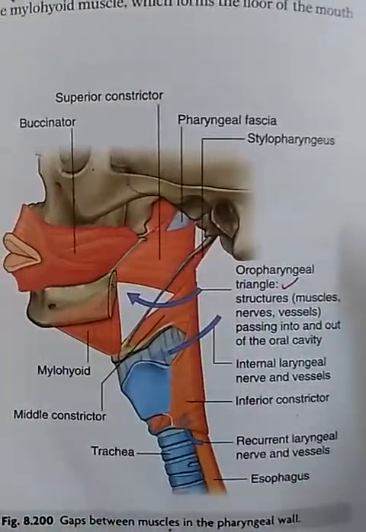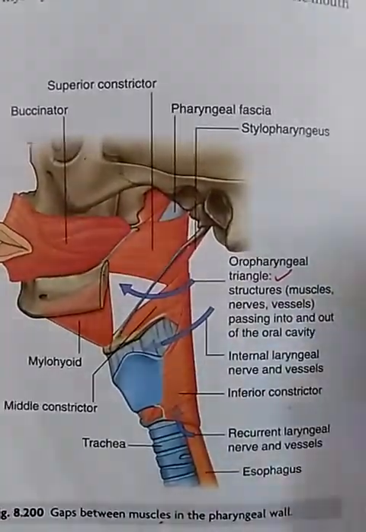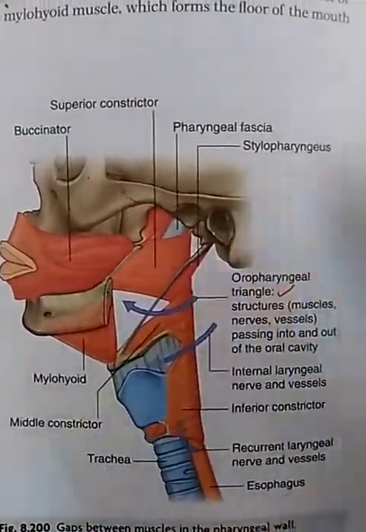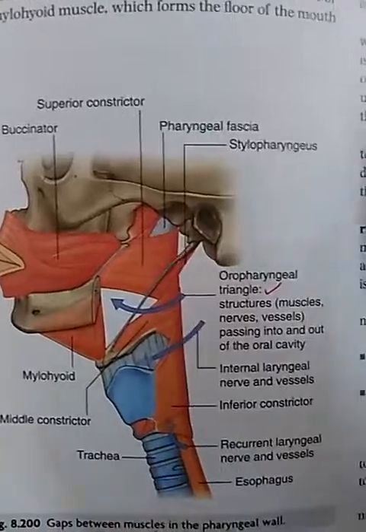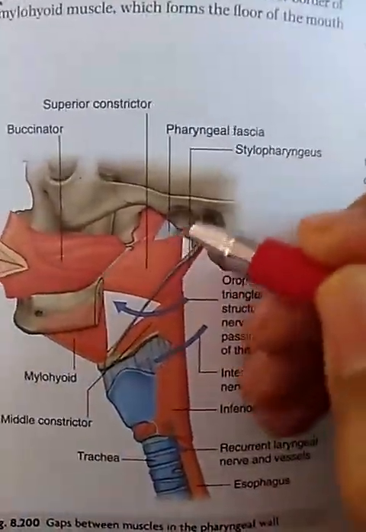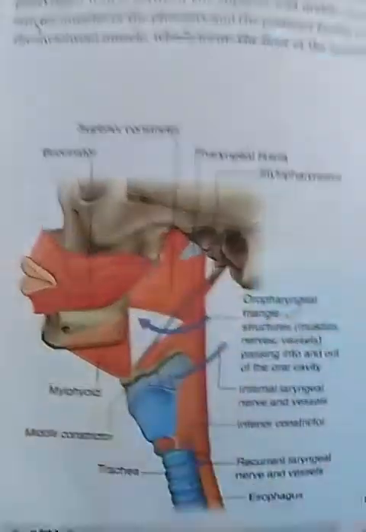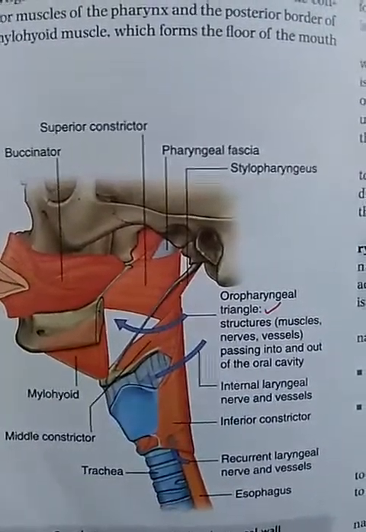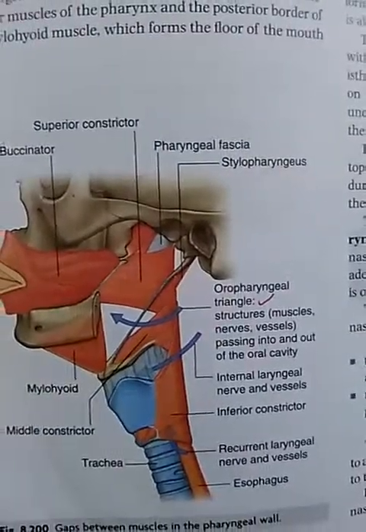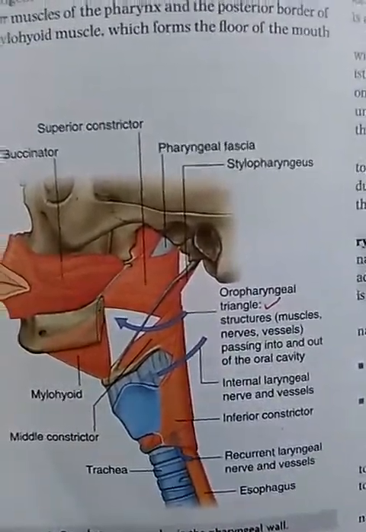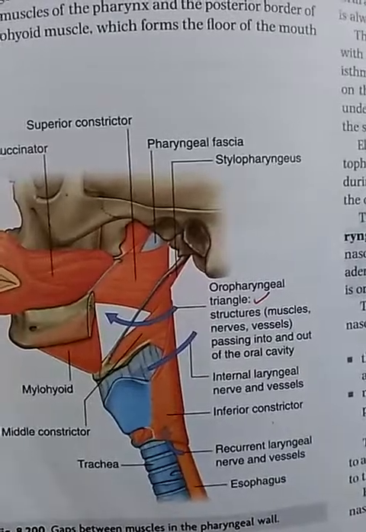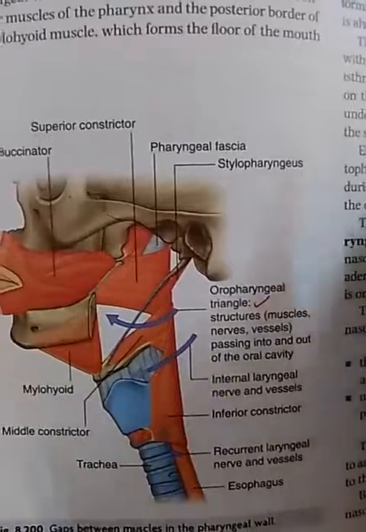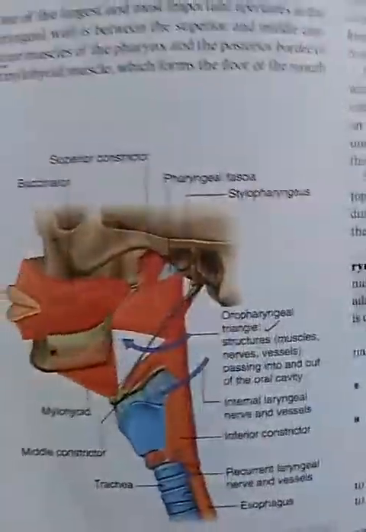Okay, next important question which is asked from the pharynx part is the structures passing between the various gaps in the pharynx. First of all, as you can see, this is the base of skull and this is the superior constrictor muscle. So the structures between the base of skull and the superior constrictor muscle are, you can write here,